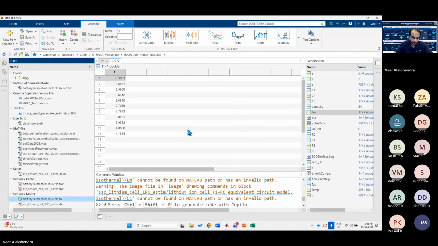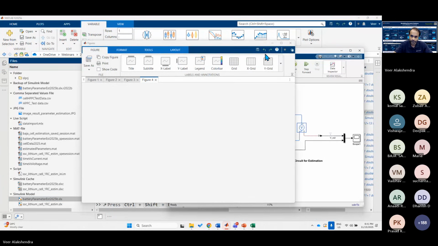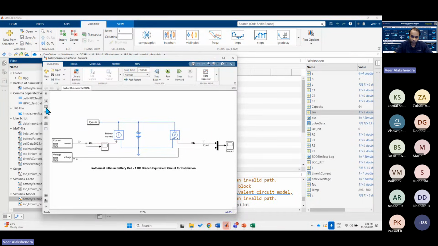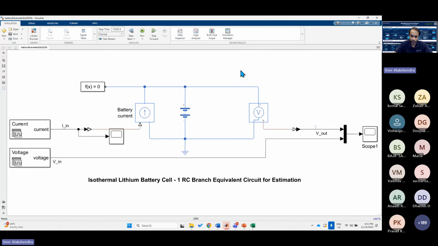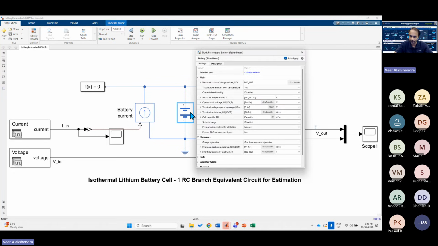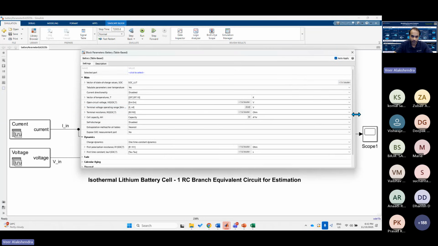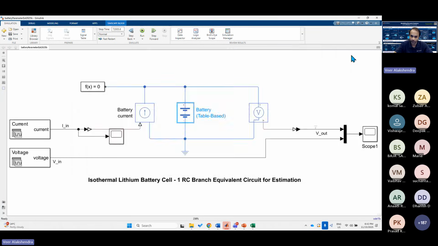There are a whole lot of videos available online. I'm not going to run the optimization because it will take time. Let me just quickly see if the values are loaded or not. Okay, so when you get the parameters, in this block,